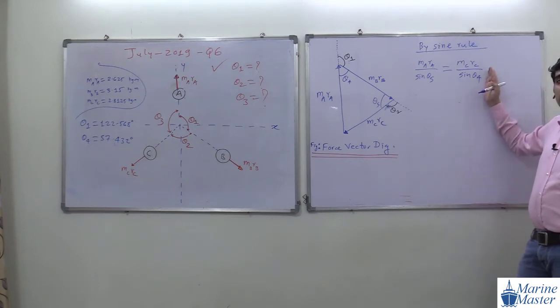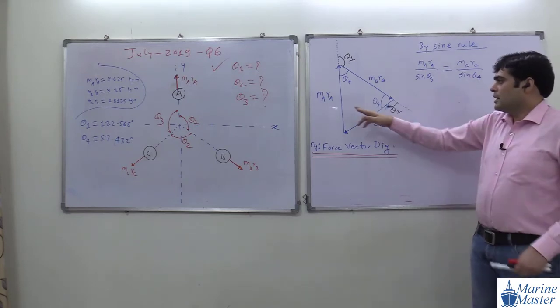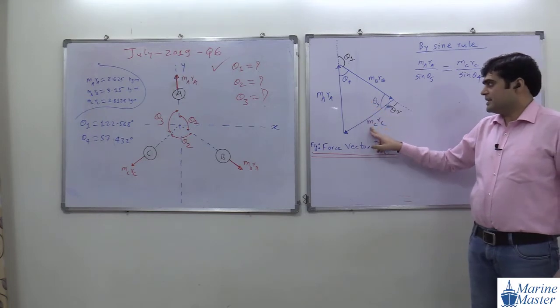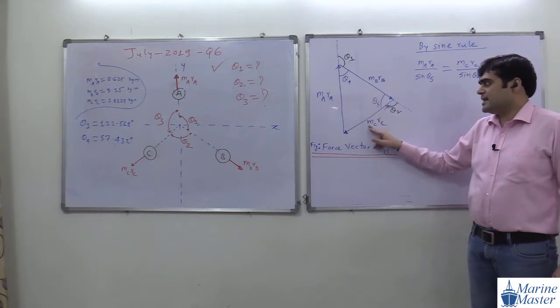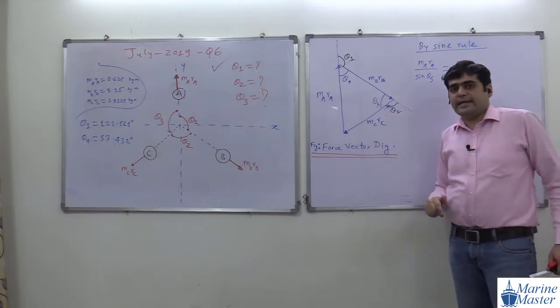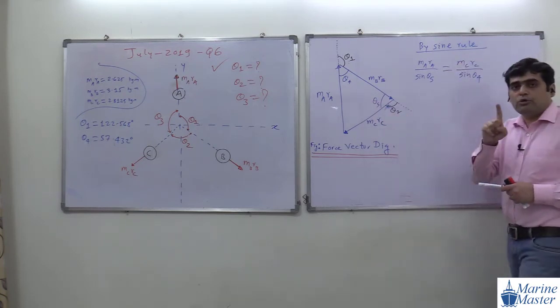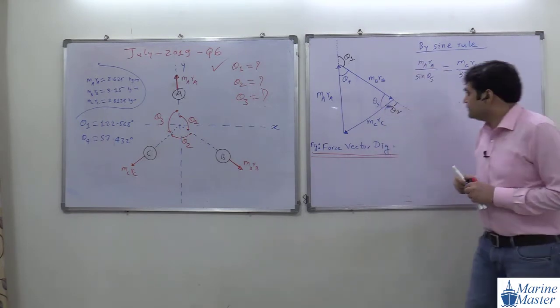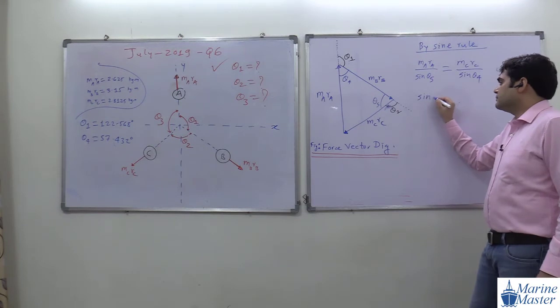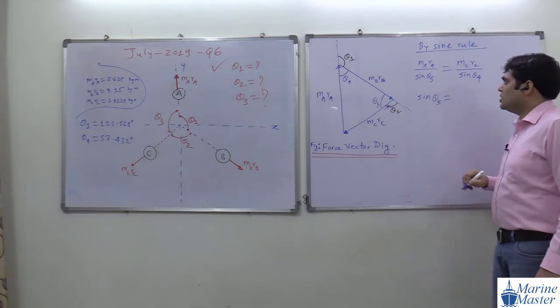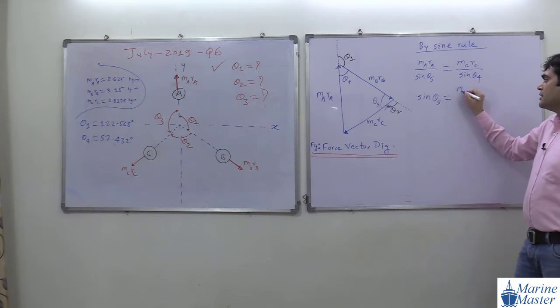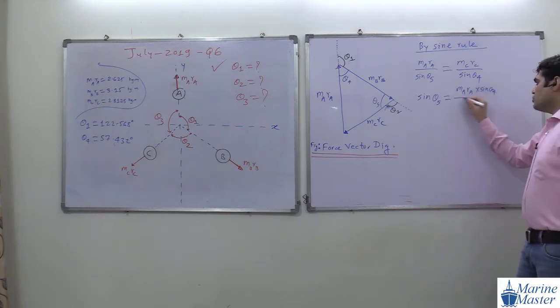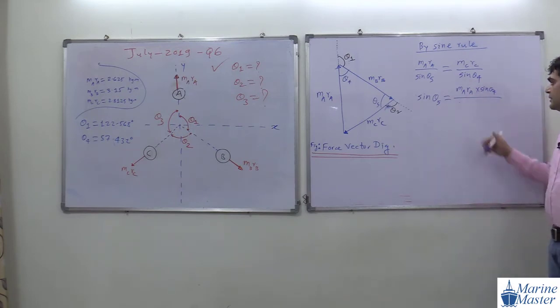Okay, good. So you got it? Side, opposite angle. Side, opposite angle. That is what the sine rule is saying, right? Okay, good. So what is our target? We have to find out sine theta 5. And how to find out sine theta 5? Sine theta 5 is equal to what? See the scenario. MARA, guys, check it out. I may be mathematically wrong, so please always attend to it mathematically. MARA sine theta 4 divided by what?